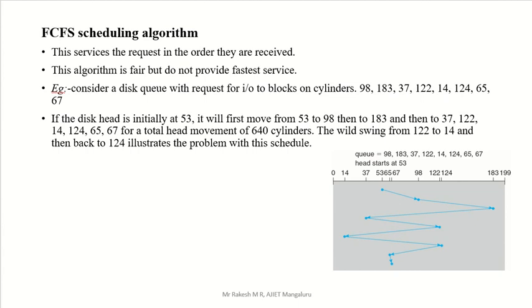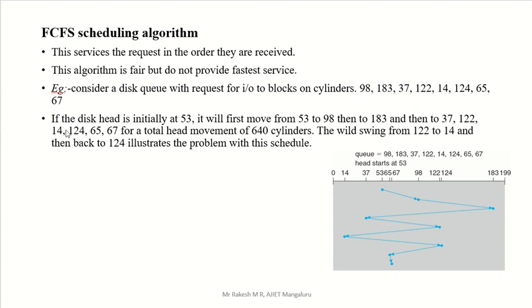Now first is FCFS. What is the concept? Whichever comes first. Here this is first come first serve. Whatever data is present in 98, serve that. 98 to 183 are the block numbers. That is not data, that is just the data inside that block, so just the block number is given here. So block 98 is served first, then block 183, then 37, 122, like that. Whichever came first is served first. So that method we are going to use in FCFS.